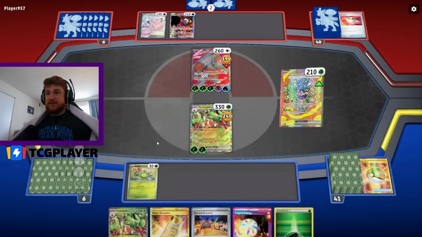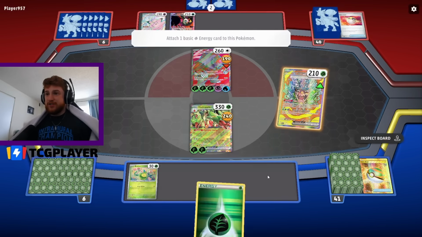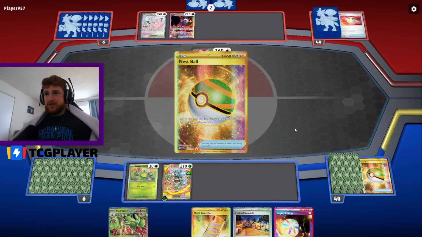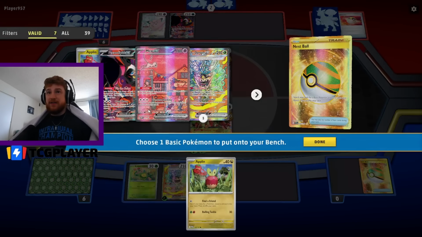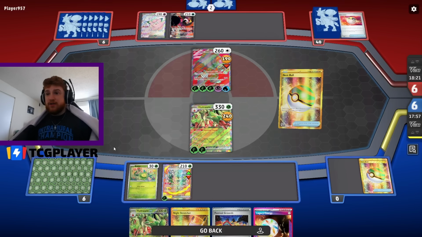I'm going to Teal Dance onto Ogerpon just to see if I could draw into a better card to get us going. I'll take a Nest Ball. That's fine. We'll use another Nest Ball. Get down another Applin. Or do I take...